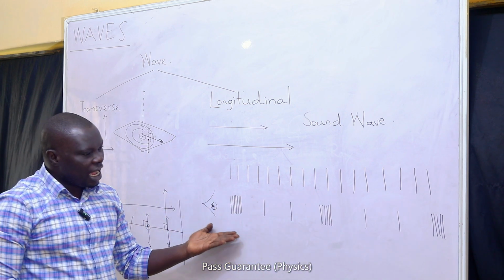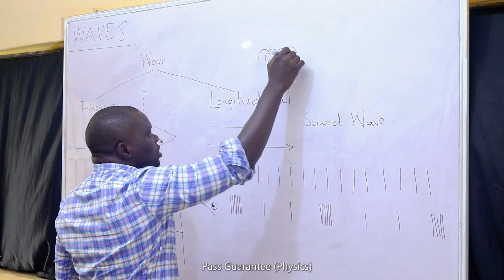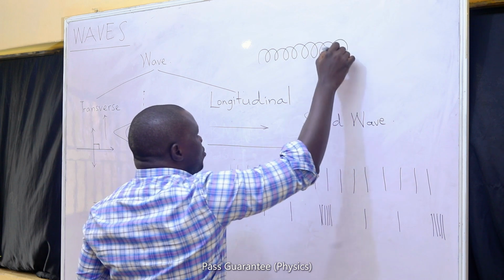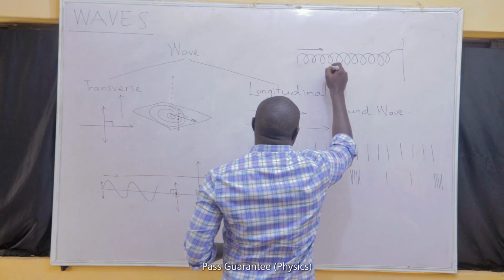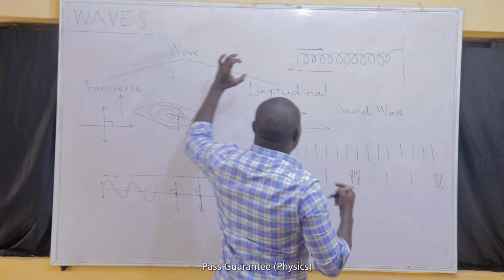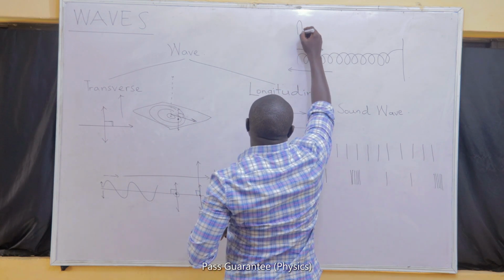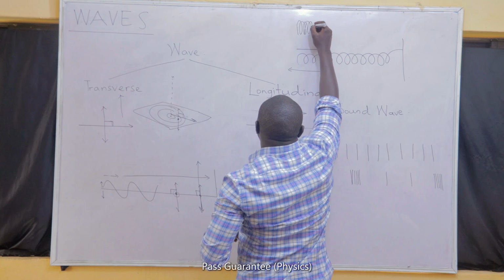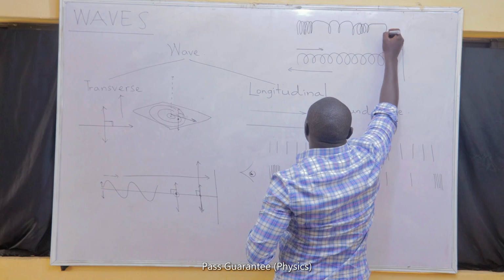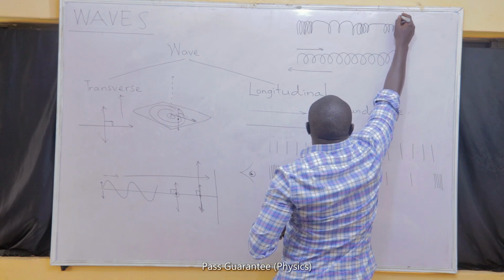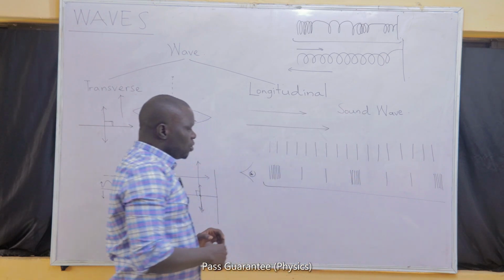Another very good example that will make you understand this is if you have a spring. Remember I said there's a way you can also set up a wave along a spring that will make you get a longitudinal wave from it. If you have a spring and you decide to compress it inward and relax it, you will suddenly discover that a certain part of the spring will cluster together while the next part will space out. This is very much like this, and that is how longitudinal waves are set up.